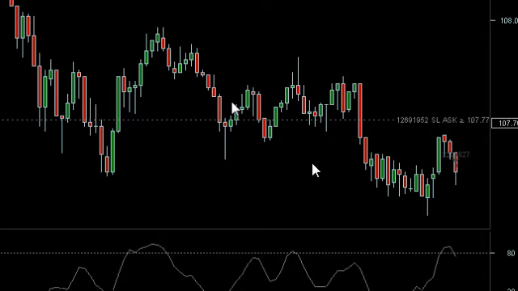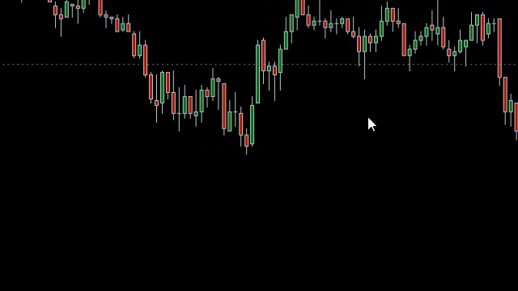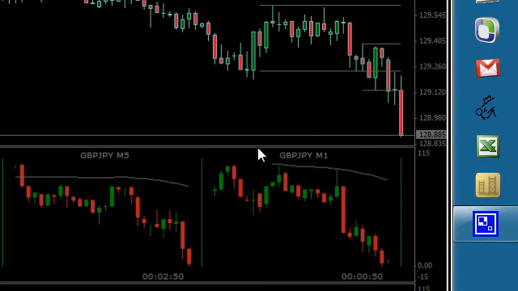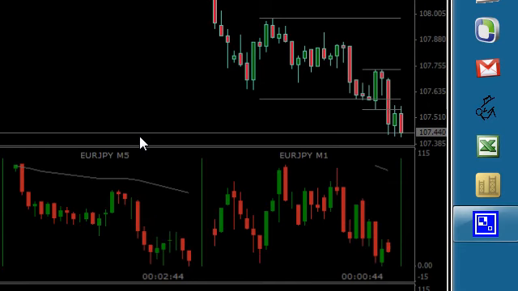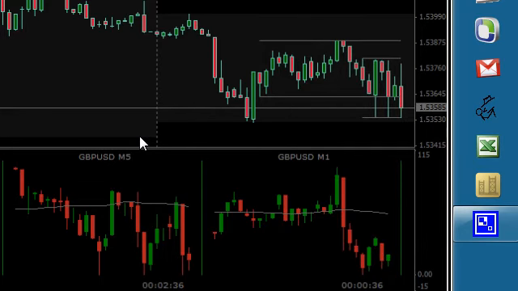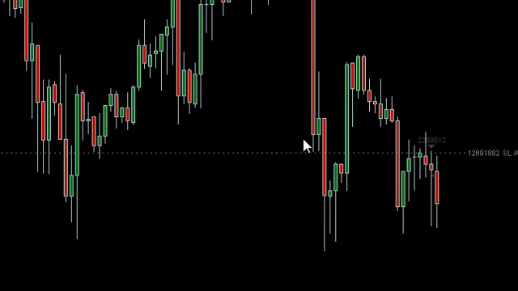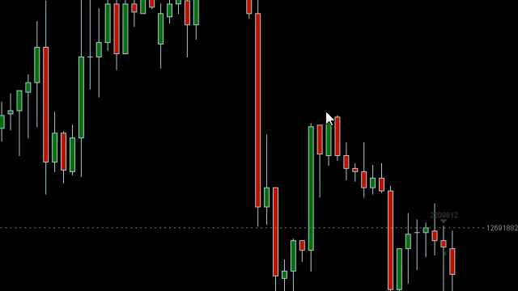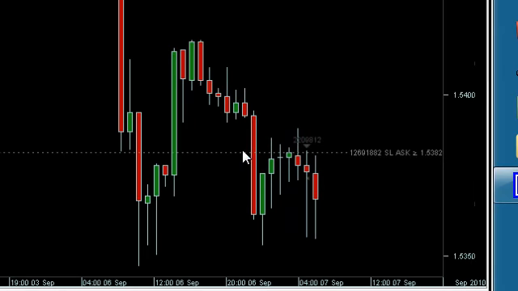So pound USD, Euro Yen sitting at 15 pips here, pound yen is sitting at 40 pips, and so that's the pound yen, 40 pips. Looking at Euro Yen around 20 pips, and the pound USD at about 15 pips. So looking to bail the trades at this point, which I have. Made some pretty serious profit,